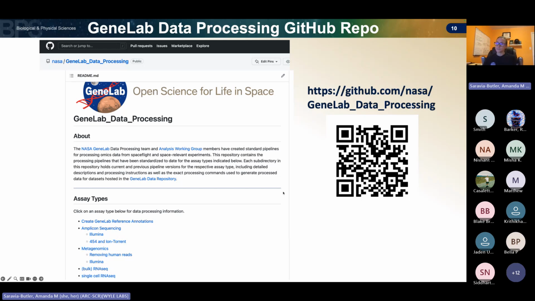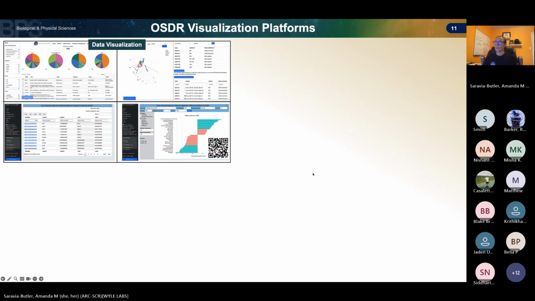code, through this link. And a lot of these pipelines are also wrapped into workflows, making them really easy to install on a compute system and run for either OSDR data or actually any data set of the same omics data type. And because all these output products are standardized, it